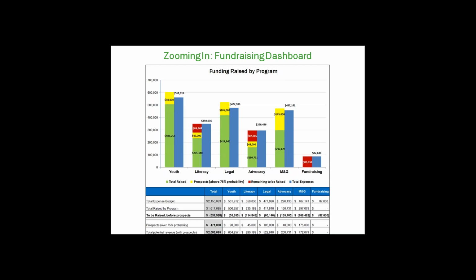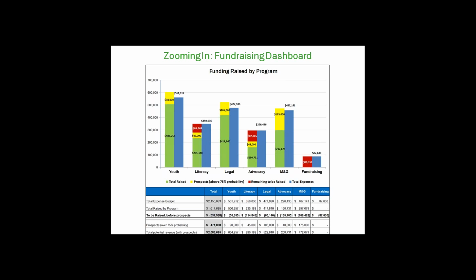And then what they do is they watch their prospects very carefully all the time, and any prospect that has more than a 75% probability of coming in, and again, these are all management estimates, those probabilities, those grants are identified by program area so that the board can see with everything that we have out there in potential grants, we have the possibility right now of bringing in $2 million. And so compared to the 2.1 that we have in an expense budget, we still have to raise 152,000